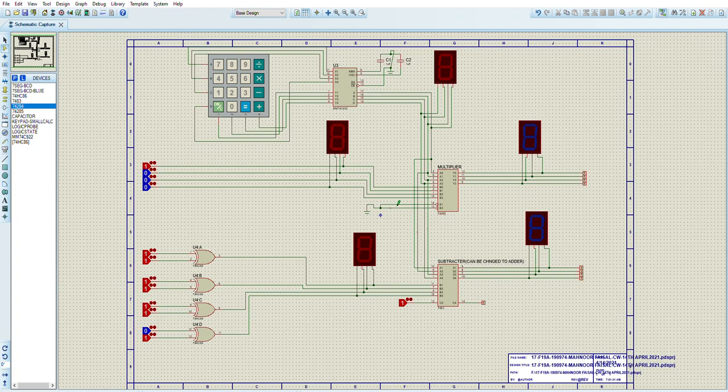Okay. So there would be two types of multiplier ICs present in the components bar. The one is 74284 and the second one is 74285. There is only a 4 and 5 difference, but the functionality is totally different. They produce different answers. I would be checking it here as well for you all to understand what the major difference is, and I would be telling you how to change it.